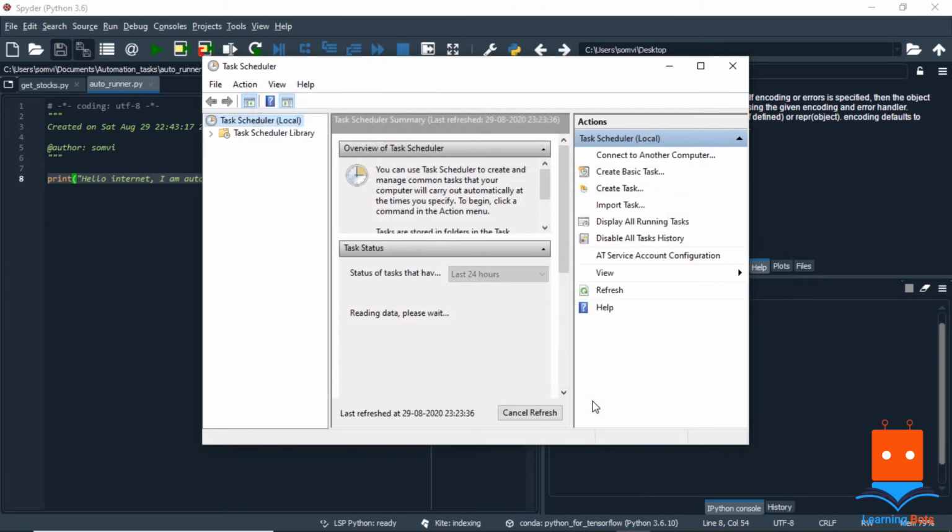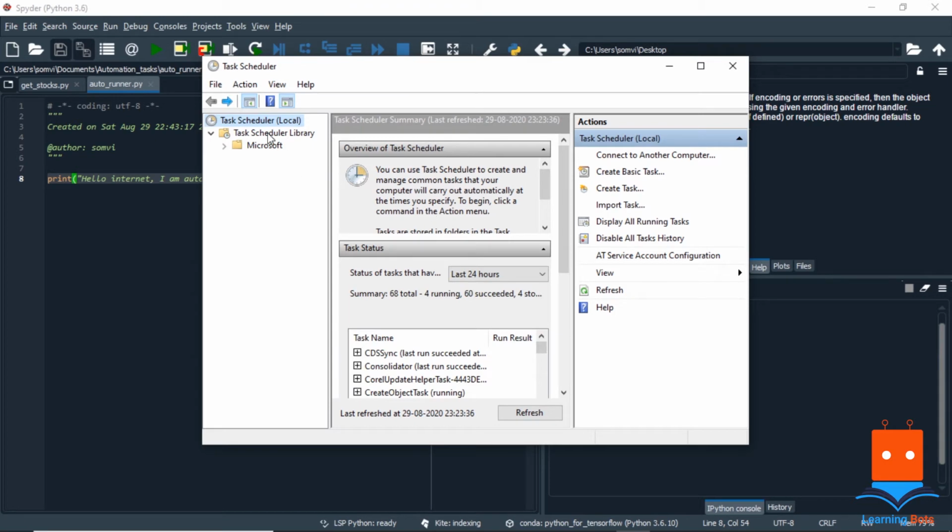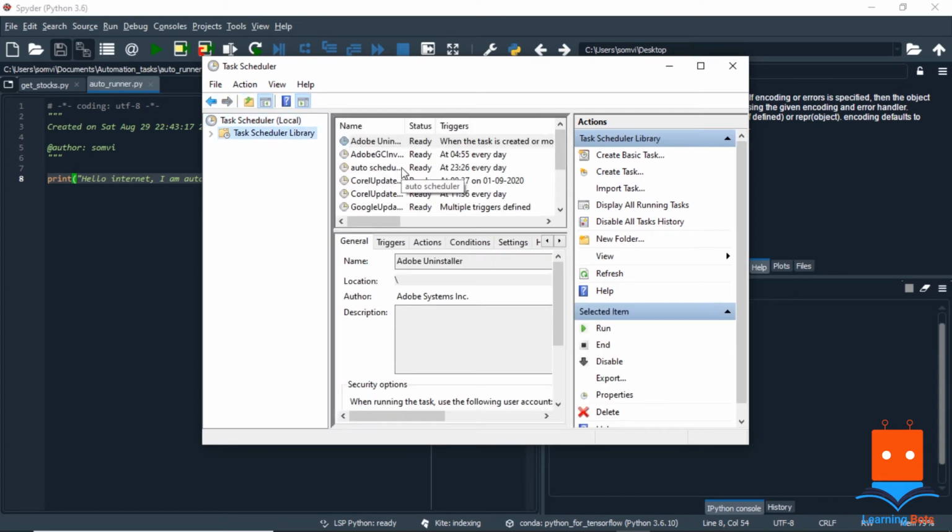We can click OK. Here if we go to the Task Scheduler Library, we can see all the background processes that are required in our Windows. So let's search for our task, auto scheduler. This is our task. If we right click it and run it,